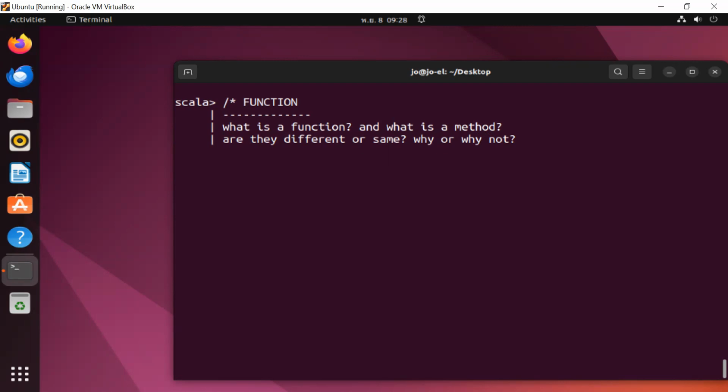We start first to define. We start from the second one. Is a method and a function same or different? This can be like the first interview question in your job application. Is a function or method same or different? Different?